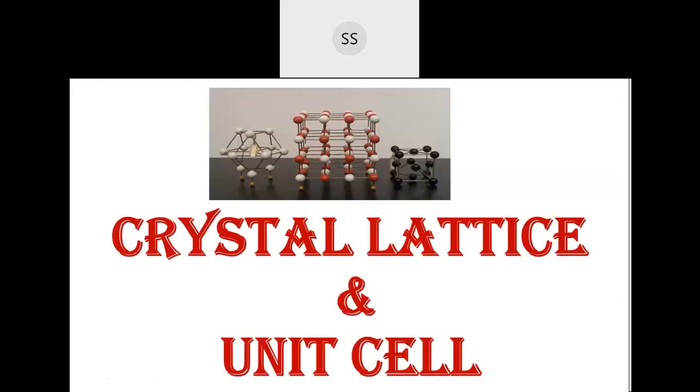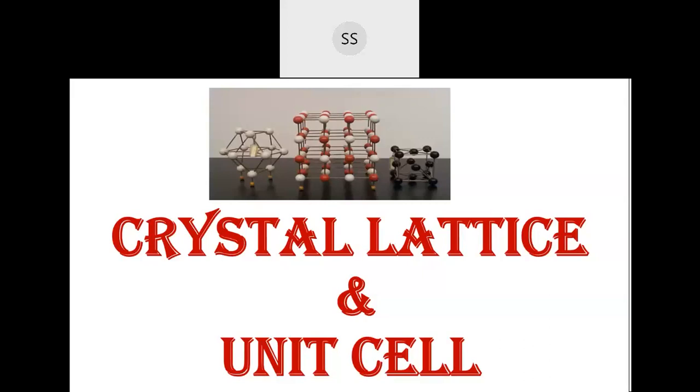Okay. So today what you are going to study in the solid state is about crystal lattice and unit cell. We will be doing detailing about this crystal lattice and unit cell. So why does crystal lattice become important for us, especially when we are talking about crystalline solids? Because crystalline solids have a correct ordered arrangement of atoms, molecules or ions, correct? Amorphous solids don't have a correct arrangement. So we are going to focus only on the crystalline solid.